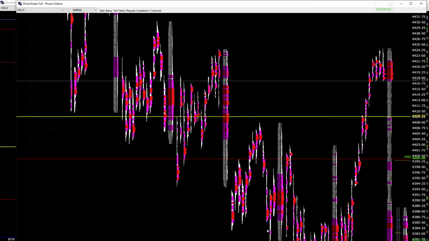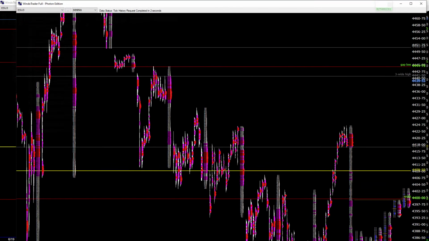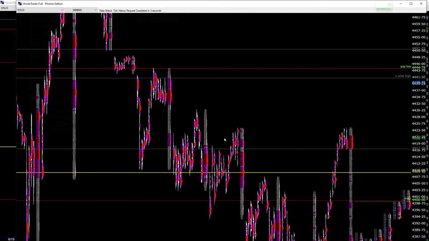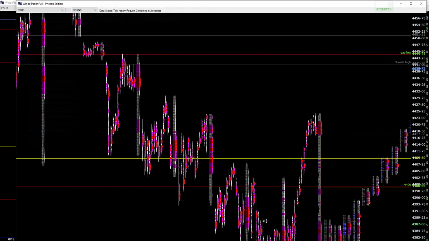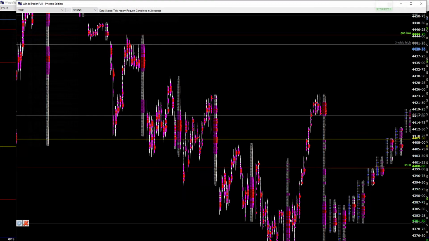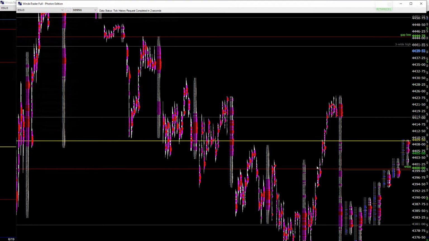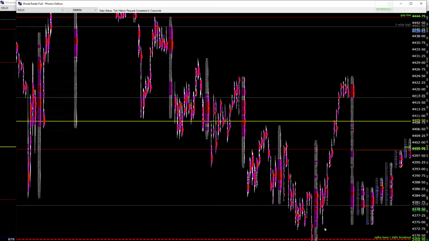What do I have here? This area is weak. This is not good. There's some shorts here. This is short covering, right? Short covering weakens the market. This is a weak market. What's happening here? Shorts being forced to cover as well. So you can see very emotional markets, right? It didn't happen from the opening though.